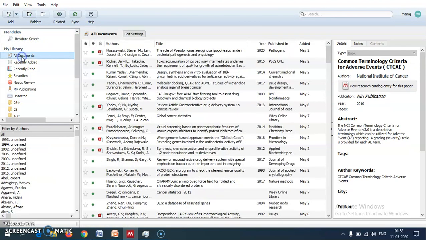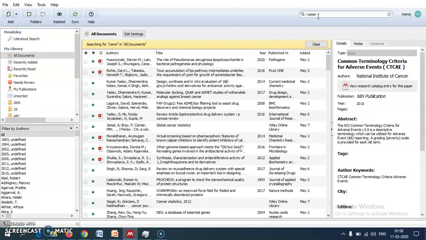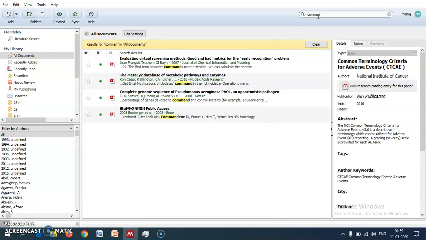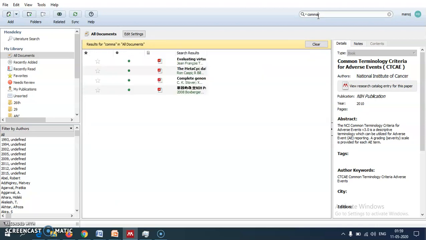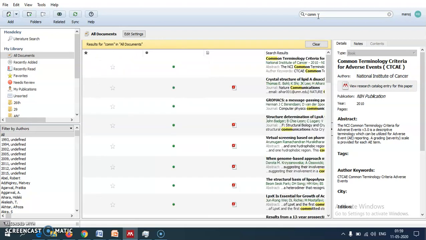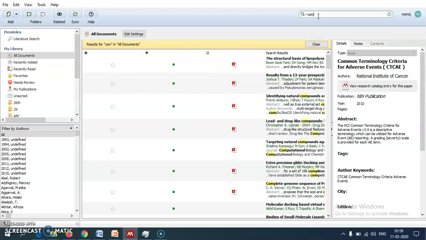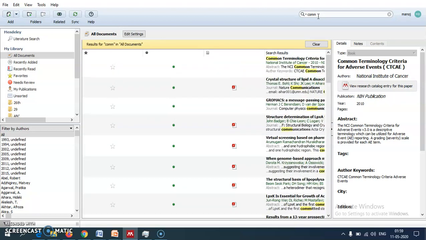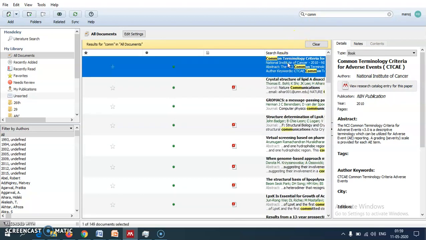So if you just go over here and put common, here see this particular article.